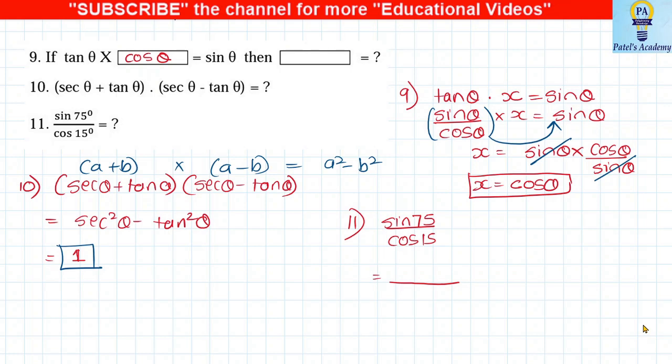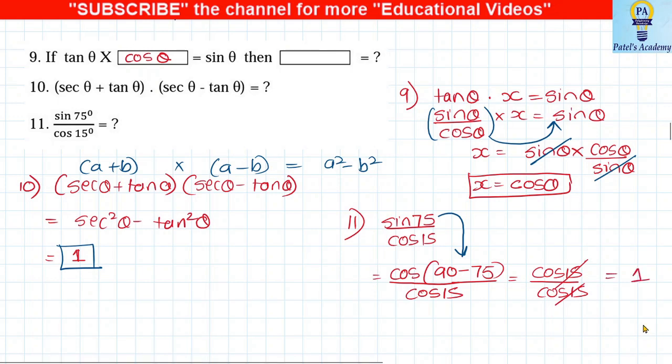So in the numerator, what we have? Sin theta means sin 75. So sin theta is nothing but equal to cos 90 minus theta. Here theta is 75. I want you to understand this step very properly. So what I did, instead of sin 75, I wrote cos 90 minus 75. Now 90 minus 75 is 15. We get cos 15 upon cos 15. Reduce this, I get the answer. Okay, this is a very basic sum based on complementary angles.